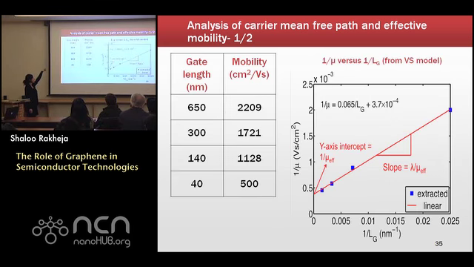This is a table of the mobility that we've extracted from the virtual source model, and this is the gate length. And I've plotted the inverse of the mobility versus the inverse of the gate length. The symbols are these extracted mobilities, or the apparent mobility of this device. And we see that they fall very nicely on the straight line. Are these mobilities experimentally extracted from the IV characteristics? These are fitted, and we've actually gone back to the experimentalists.